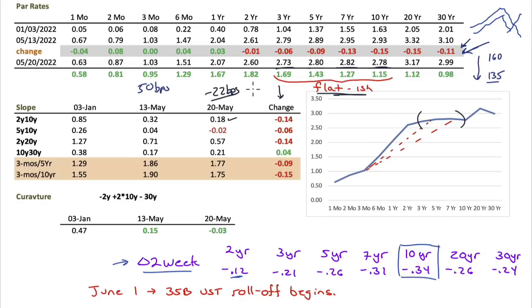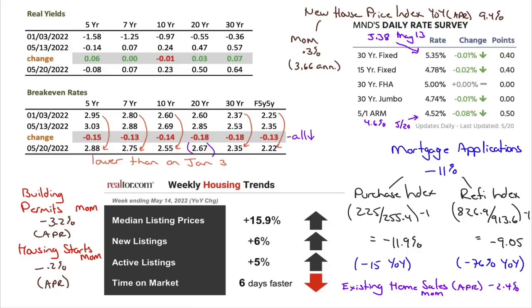Let's look at our real rates, our break-even rates. There's a kind of neat, interesting story there, and then we'll look at mortgage rates and dive into the housing market. So here are our real yields. We're still positive from the 7 out to the 30, and we're getting a little bit more positive on the 5. This over here, you can call that unchanged. In fact, I would even say, given the volatility for the week, these things are sort of just unchanged, but they're still real. This is what's interesting.